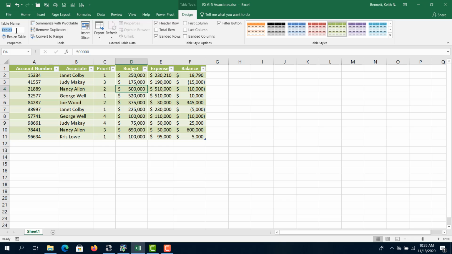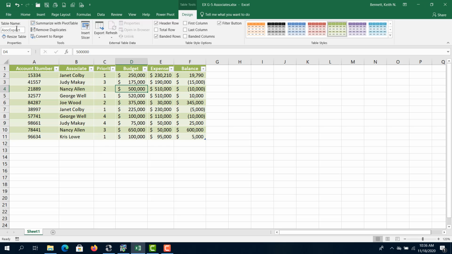And you can come up here and give this table a name. I want to name this Associate Expense Account. So actually, I'm going to name it something short. I'm going to name it ASOC